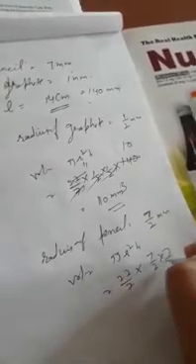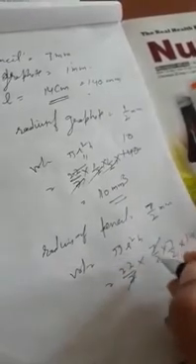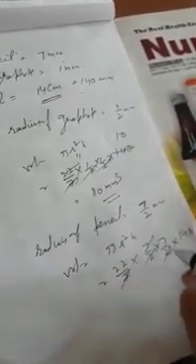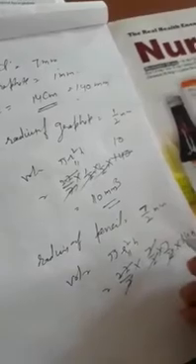Now radius of pencil, that is 7/2 mm, and volume with the same formula pi r square h, 22/7 into 7/2 into 7/2 into h is 140. 7 7 cancel, 2 2s are 2, here 11 and here 70. 70 into 7 is 490, multiply 11, that is